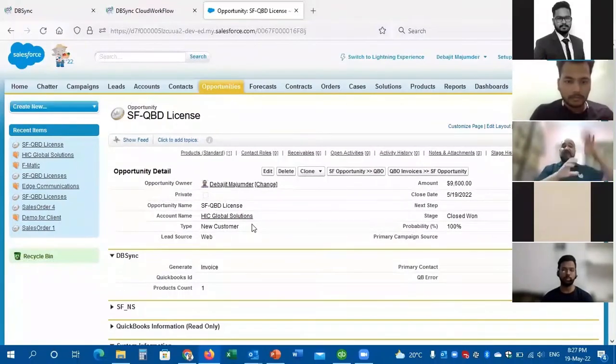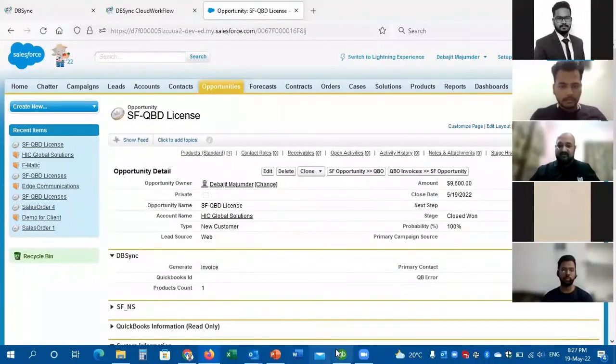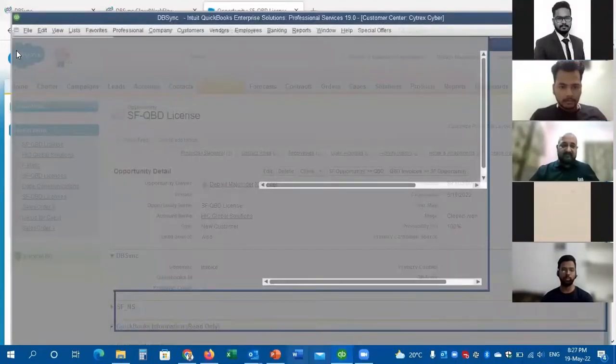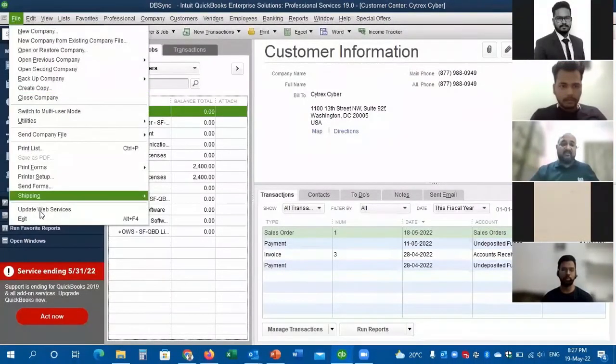DB Sync then recognizes those trigger points as changes on the account, either on Salesforce or on QuickBooks. And then that's how we recognize and push the data accordingly, right? So now that I've requested for an invoice, I'm going to go ahead and run the sync